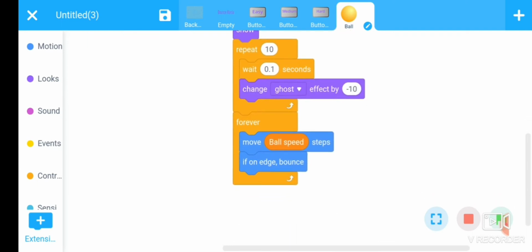Okay, now here we want to add another condition that if the ball touches the edge of the screen, the size of the ball is also increased and a color effect is also added.